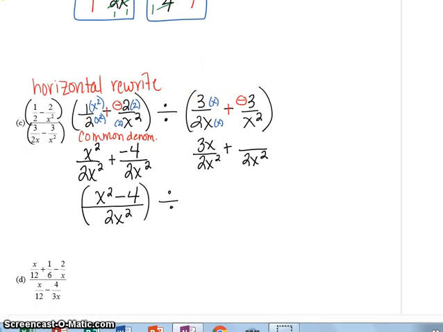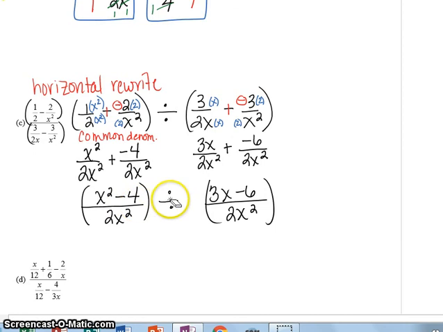Over here, second fraction, how does an x squared change to a 2x squared? I multiply by 2. So I'm going to multiply the numerator by 2, and I end up with -6. So this is going to be 3x minus 6 all over, keep and carry that 2x squared. Again, you can't combine a 3x minus 6, so it just gets carried down. Now, if you look, I have a fraction divided by a fraction. In high school, we say we multiply by the reciprocal